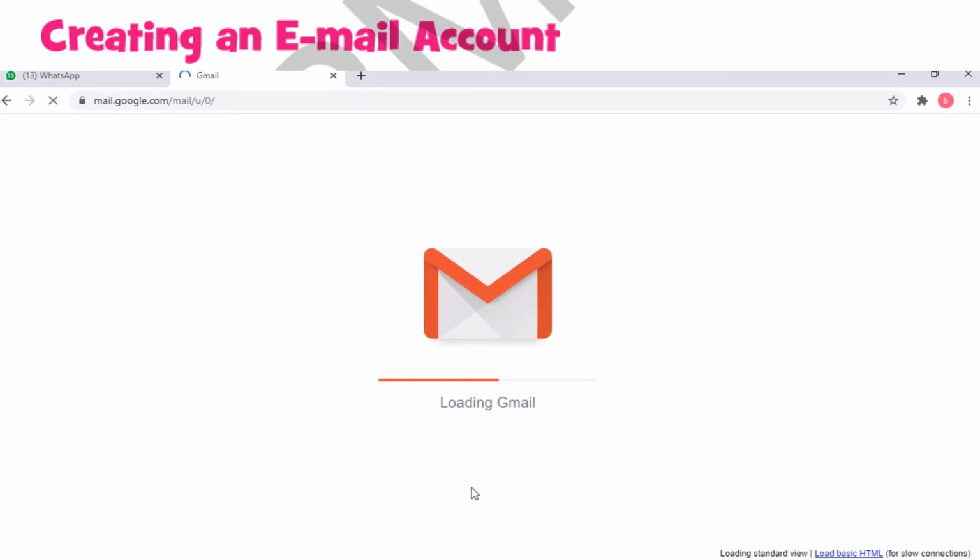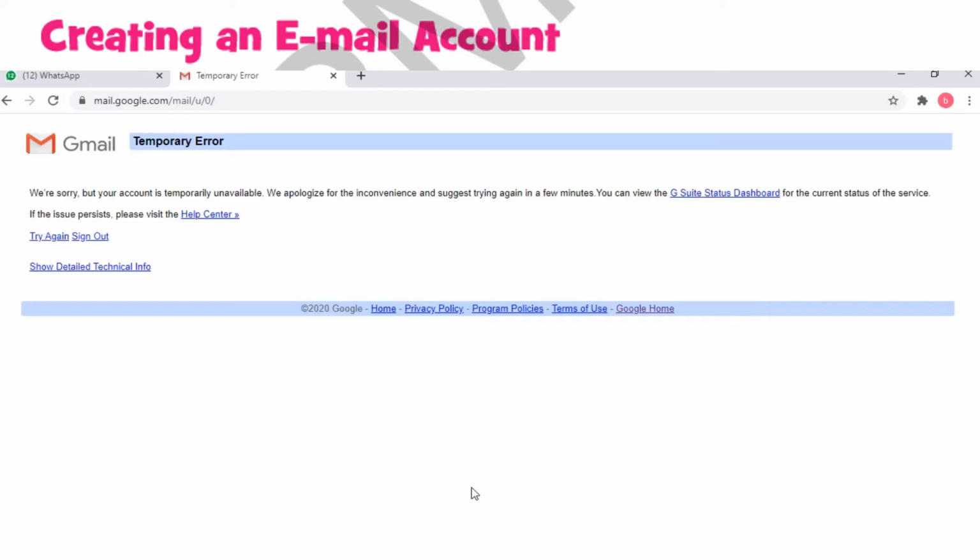Now you can see my email address is created, and now it is opening the email address window. Here you can see I can try again or sign out.